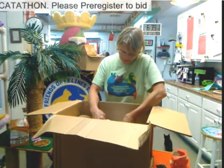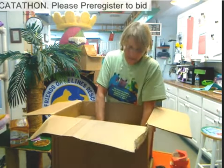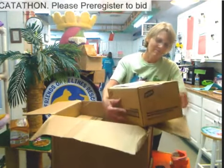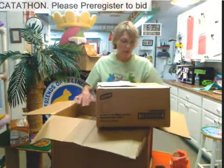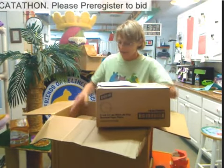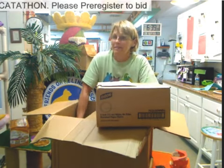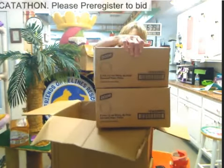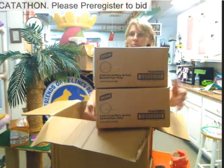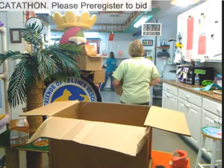This is from a friend, and if the person's on and it's okay to say your name, just shout it out. This is much welcomed. We use a lot of these. These are just the 6-inch white plates. There's 2 of them. So this is 2,000 white plates. Wonderful. Thank you to our friend. Appreciate this. Without these, we'd be washing dishes day in and day out. I'll put these in the